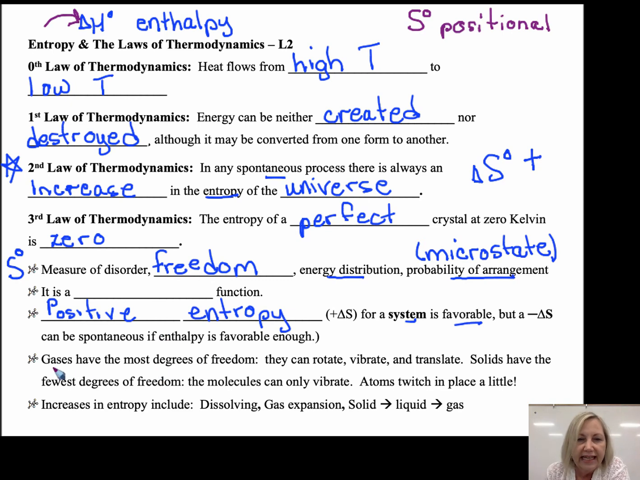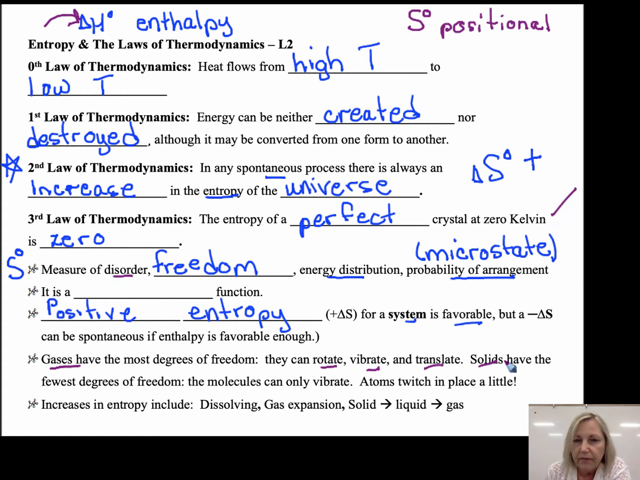And we will see that gases have the highest entropy. They have the most freedom. They can rotate, they can vibrate, they can translate. They have a lot of freedom, and because they have a lot of freedom, the molecules can be arranged in many different ways and so forth. Much more disorder. Solids have the fewest degrees of freedom. They can vibrate, or atoms can just twitch in place, unless, of course, we have a perfect crystal at 0